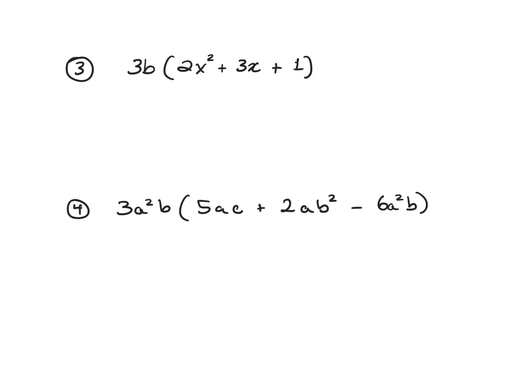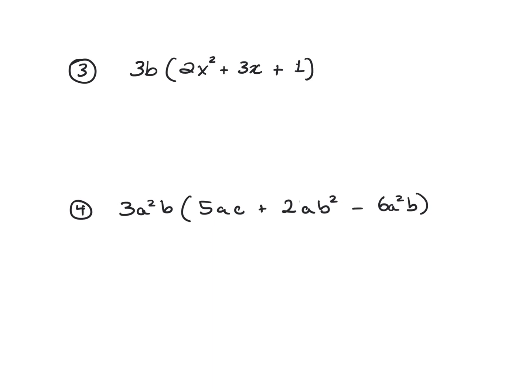All right, so going on to the next example. The next example just has a number and a variable. All right, so continuing on with this particular example, my factors. What are my factors? My factors are 3b, and then my other factor is 2x squared plus 3x plus 1. So what I'm going to do is distribute it. And when I distribute it, the product, so the answer to a multiplication, becomes